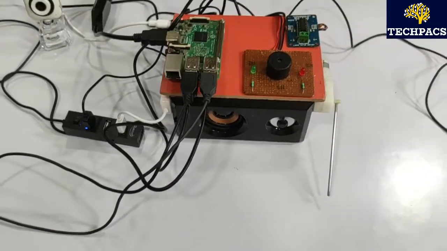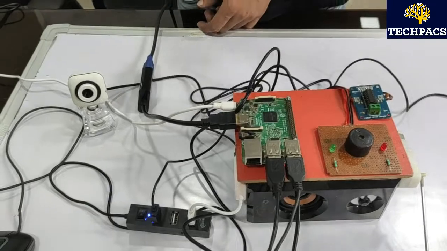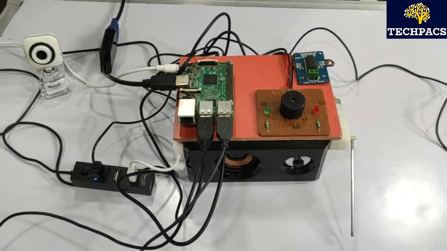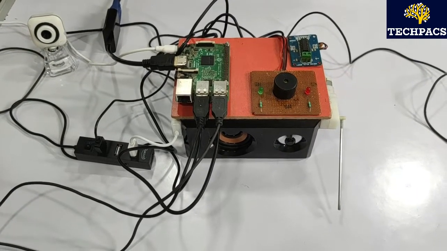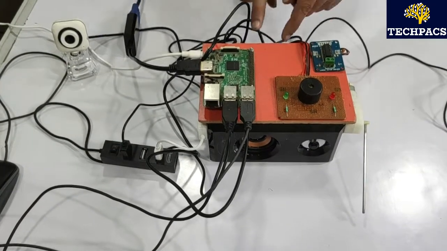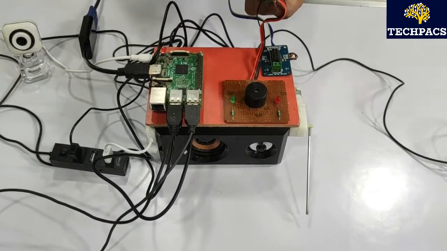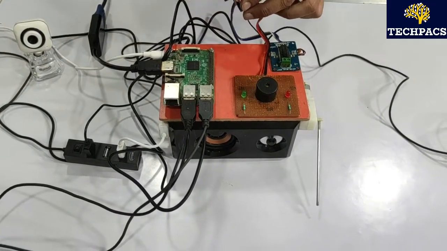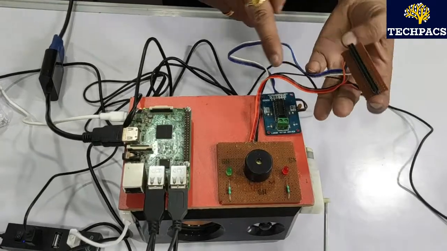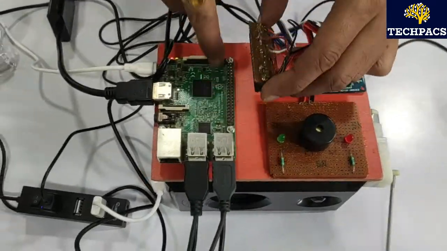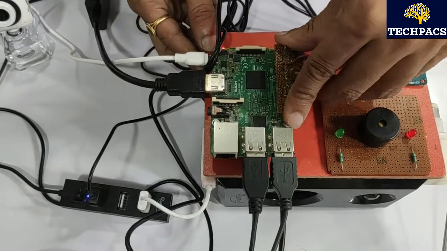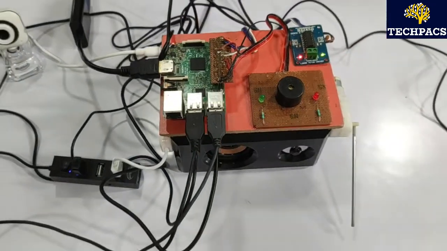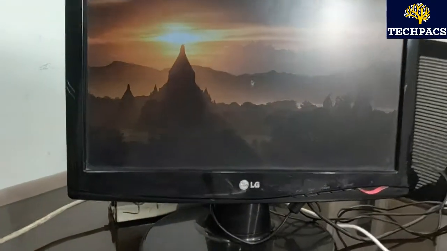So once it is connected, let's power it off and on again, so that all the peripherals get connected to the board. In the real world, when it works as a standalone device, we need not connect any mouse, keyboard or LCD. I am showing it here just to demonstrate. We are also connecting these hardware modules with our board. We have made a connector on our PCB, so that it can be easily connected. Once it is connected, you can see the interface will be shown on the screen.